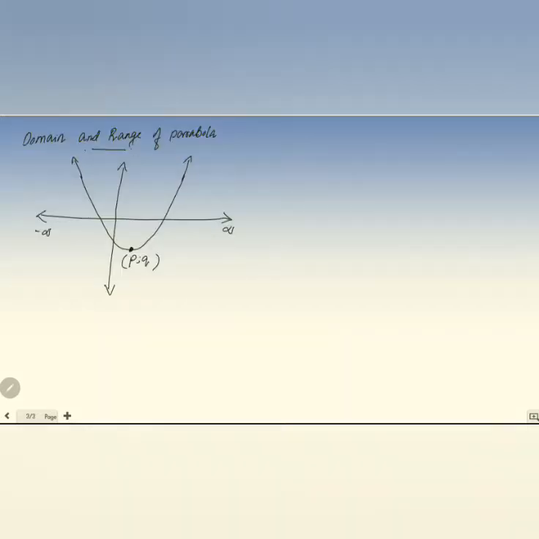Okay, now look at the domain and the range of a parabola. What do you mean by domain? Domain means all the x values on this graph. If you look at all the points on this graph, just take the x values together, known as the domain. For that, look at the width of the graph. The starting point and the finishing point of the graph we cannot identify because this graph is going upwards continuously. You know that. So the starting point we can't identify.